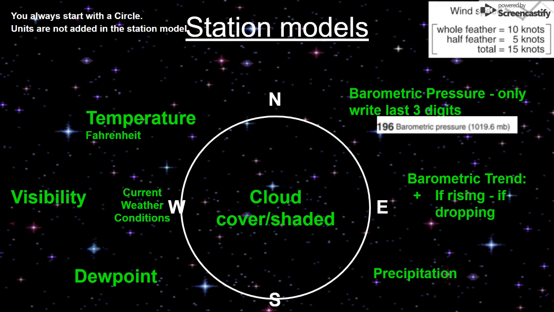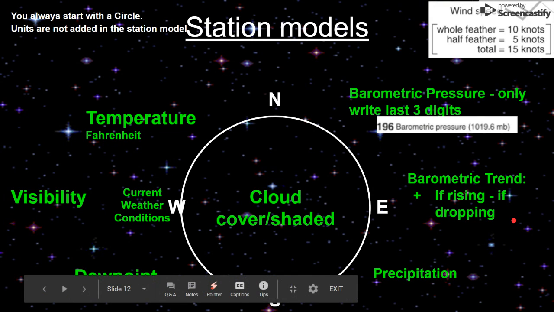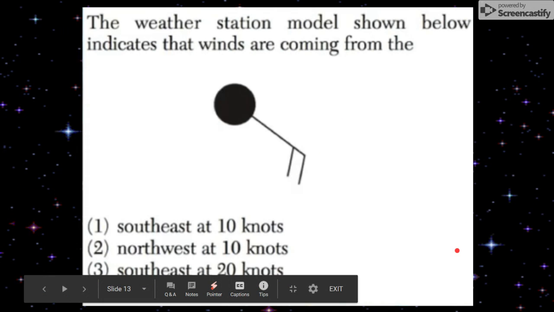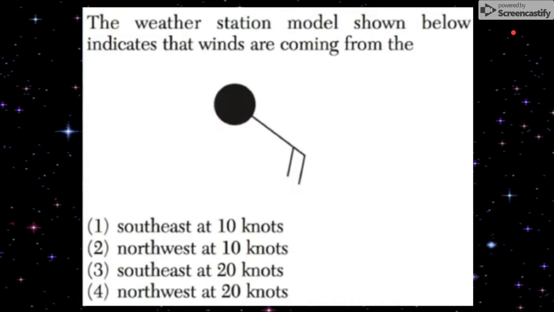And then the last thing is the precipitation. The precipitation is written on the lower right-hand corner of the circle of our station model, okay? And if it says precipitation is 5%, then write 5. Just write 5, not the percent, no decimal, no degree, just 5. Cool. So let's practice. All right. The weather station model shown below indicates that winds are coming from the